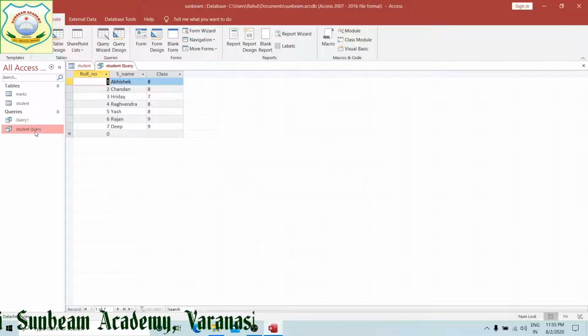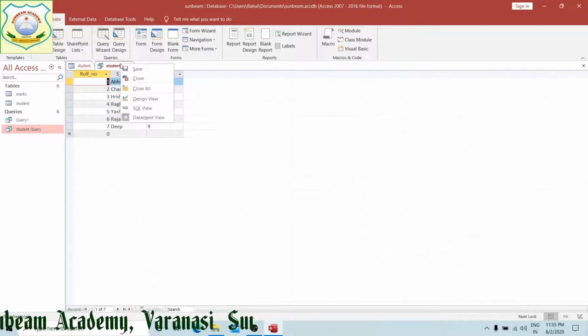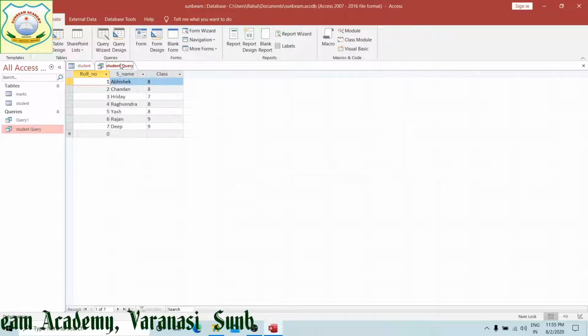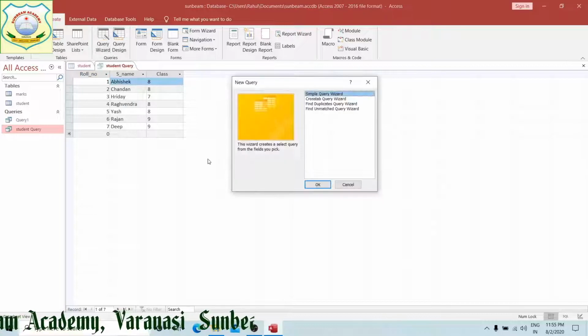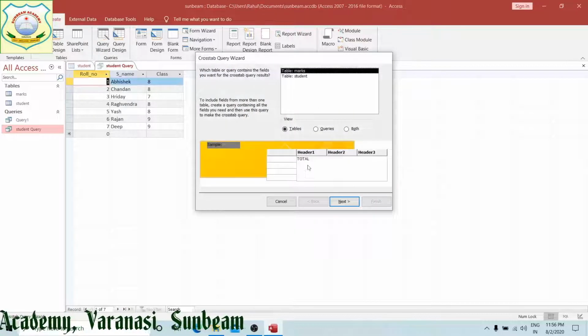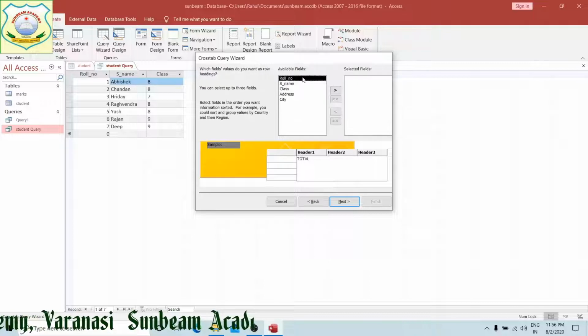When you open this, roll number, student's name, and class have come. Now, in the query wizard, the cross tab query. Into this, what you need: tables, queries, tables. I have selected this one.